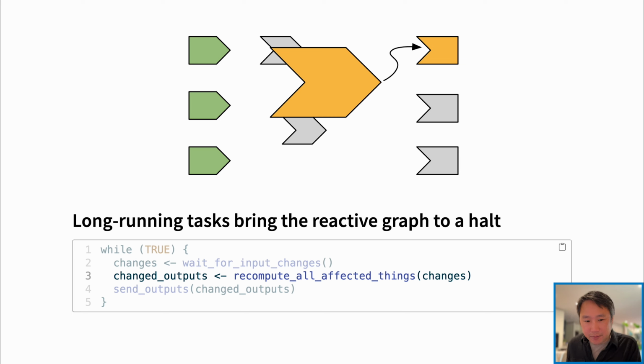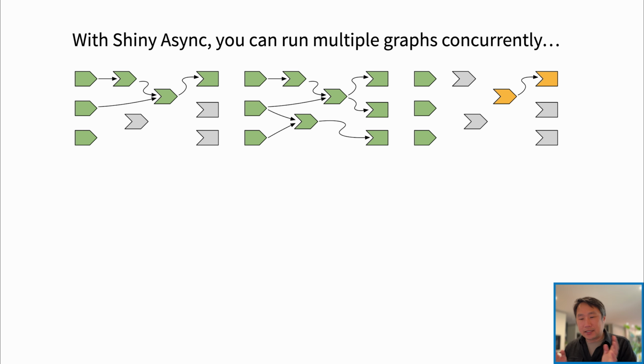So in order to fix this problem, we need this while loop to be able to keep turning over and over and over without getting hung up in this recompute all affected things step, and yet still have the operation occur, still be able to use the results reactively. So how do we separate the task from the tick? So Shiny async solves this by running multiple graphs concurrently.